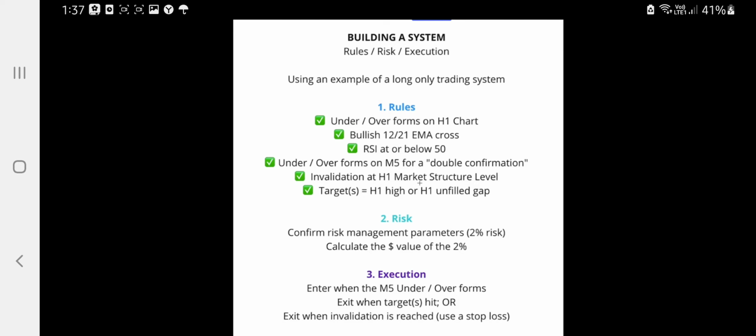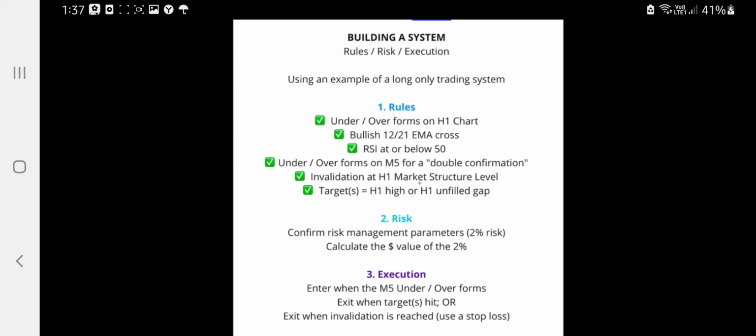People get sucked in to wanting the holy grail. There is no holy grail. Simplicity is key. So we have the basic strategy in the rule set. So now you know when you should enter a trade, where you should put your stop, and where your target will be. Good, there's a system built.